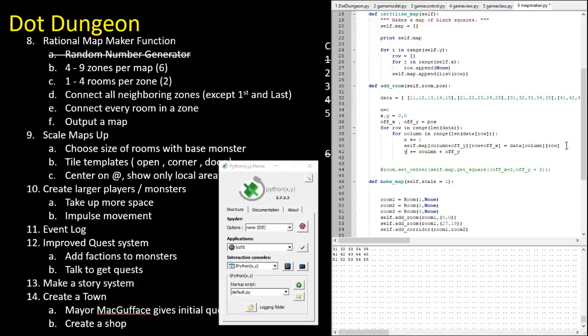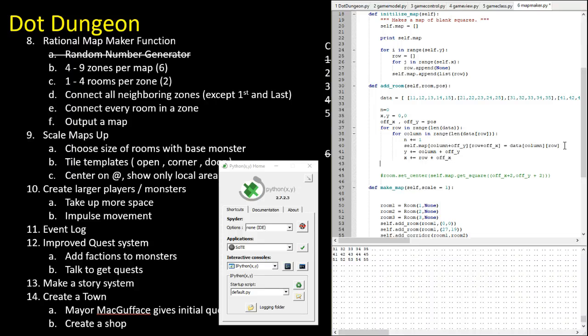I don't know, probably y, and x plus equals row plus off x. Then when we get to the end, we say x divide equals n. I think I can do it with a double slash, so it turns into an integer. And y divide equals n. That could end up being a problem. Then we set the center, and